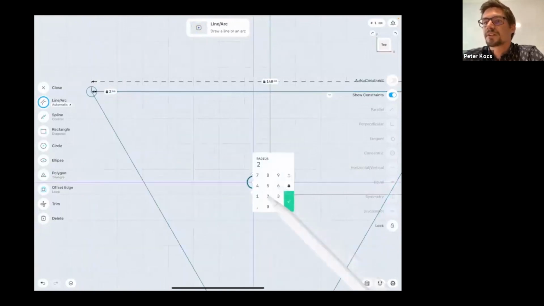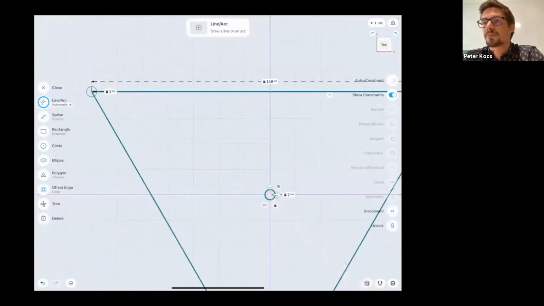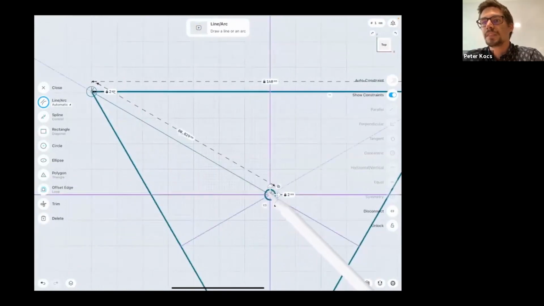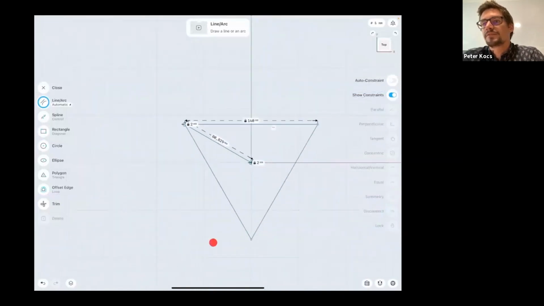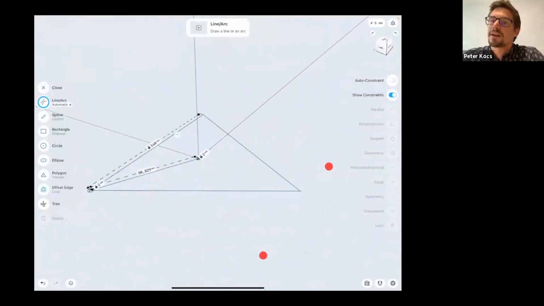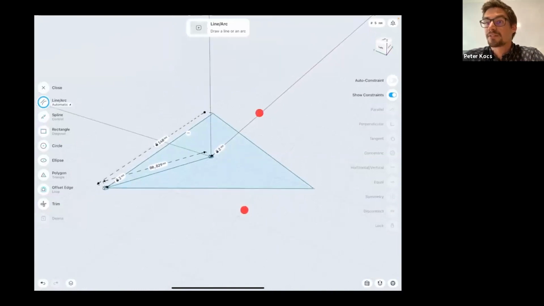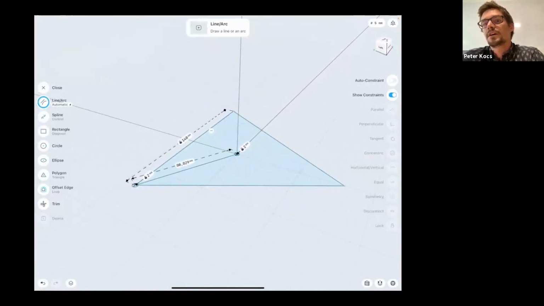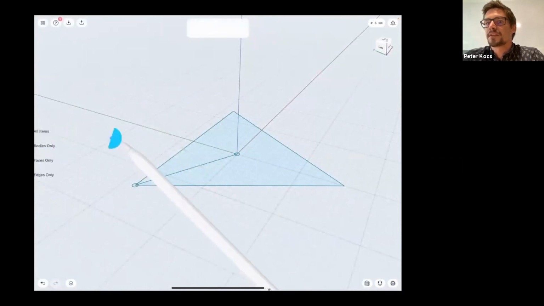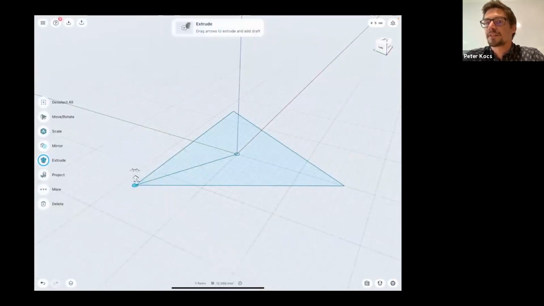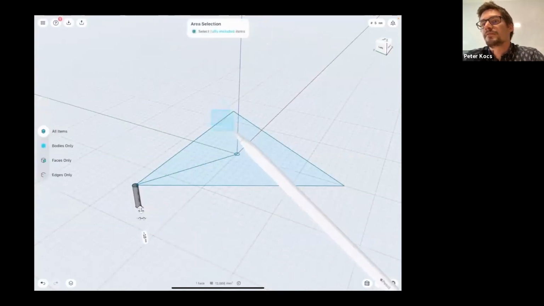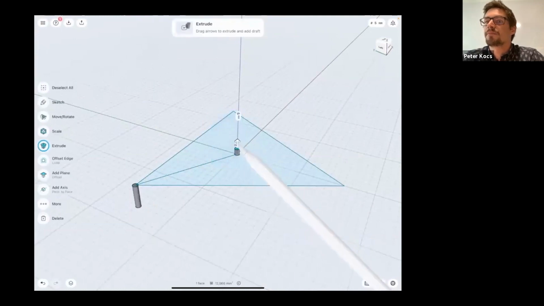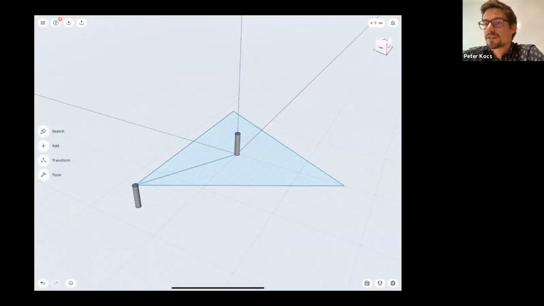Then let me do a second one. And then I will need one more reference that connects the 2 circles together. After rotating away the view, you can see that the enclosed areas are highlighted with blue. That means you can interact with those cross sections. I will select the circle from the picker end and extrude it downwards by 18 mm. Then I'm going to select the vacuum inlet end and extrude it upwards by 18 mm. There I have the 2 vertical cross sections.